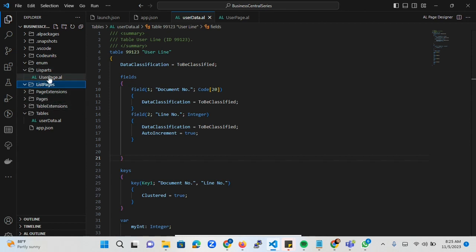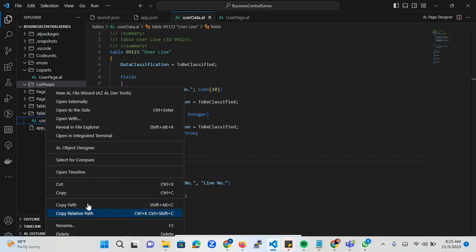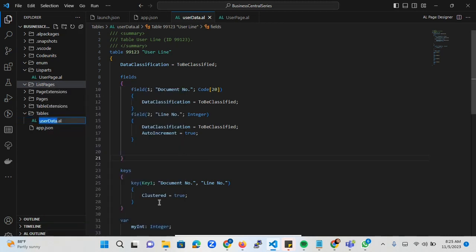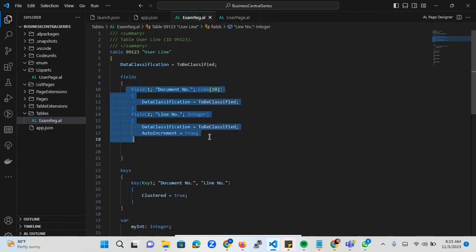So I want to start the change from the table. I want to start by changing the name of this table to, let's say, exam registration. Okay, so inside this exam registration, we're still going to be using this same field, but we're just going to be adding some other fields. And we're going to add fields like,